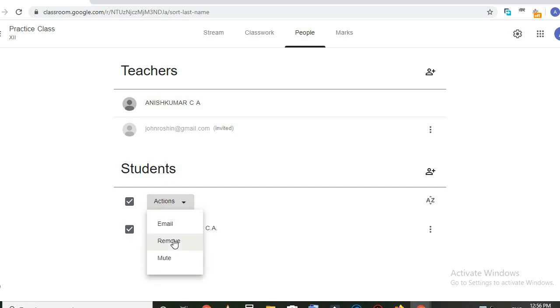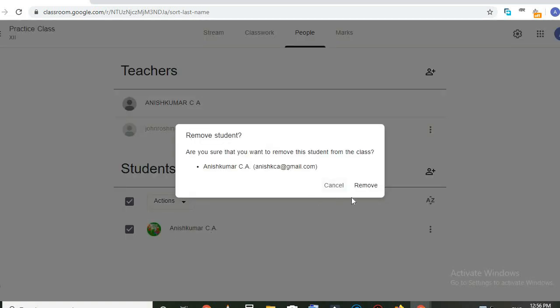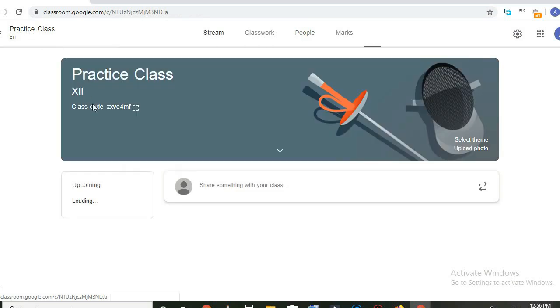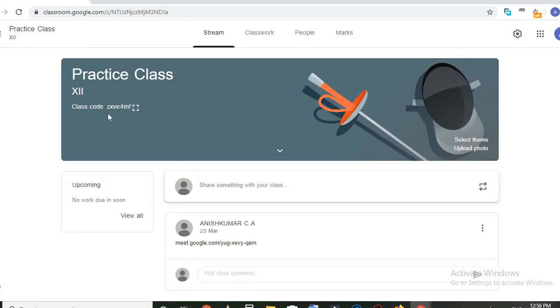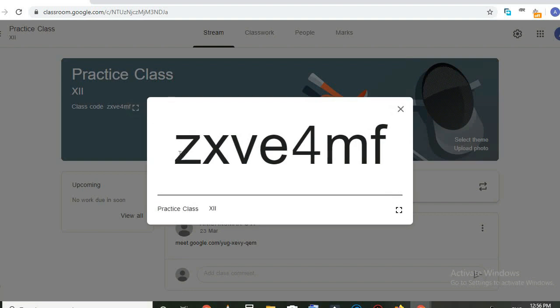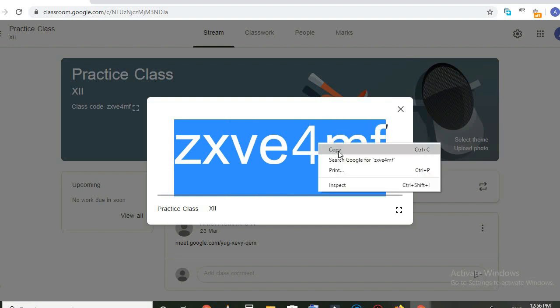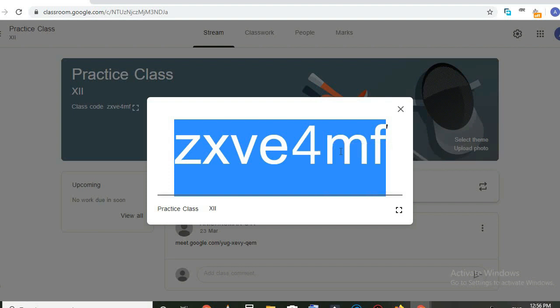So I am going to remove that student from the class. See, here there is a name, so we can see it in an expanded manner. See, this is the code for that class, so we can send this code to that student or the teacher.